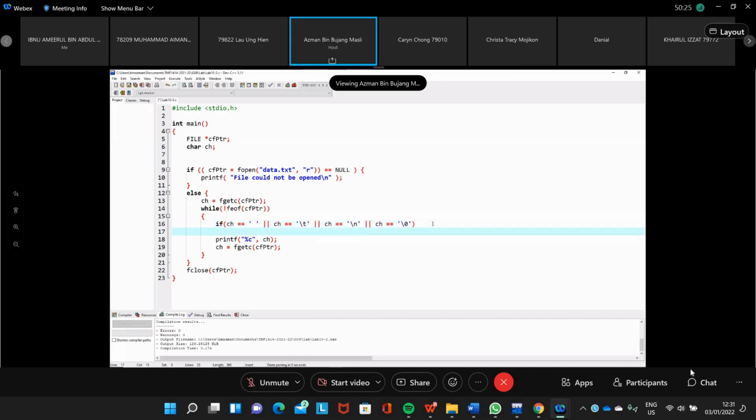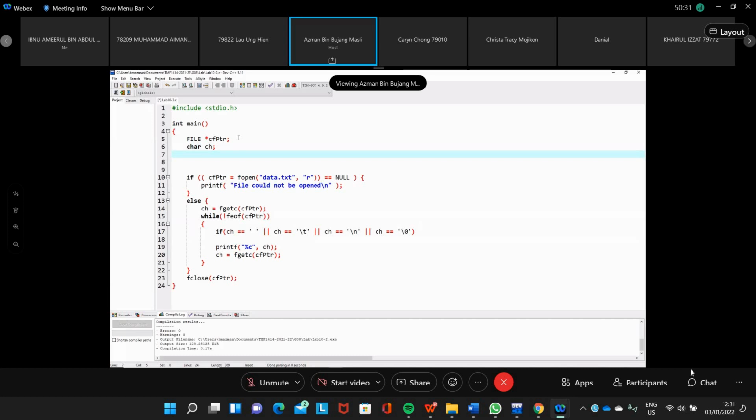So what we do, we need to declare the counters here, integers. How many counters do we have? We need a character counter, and then a word counter.